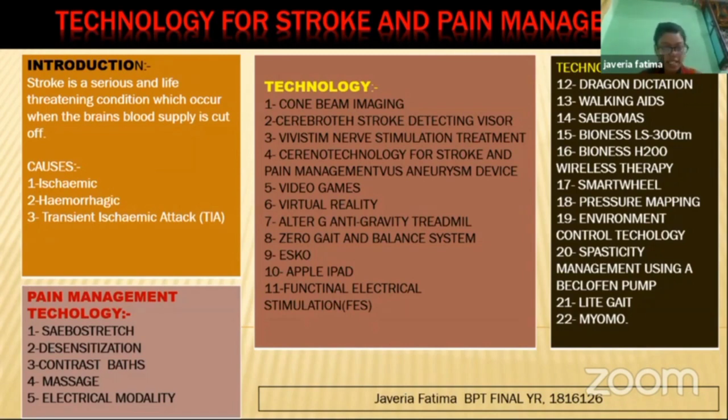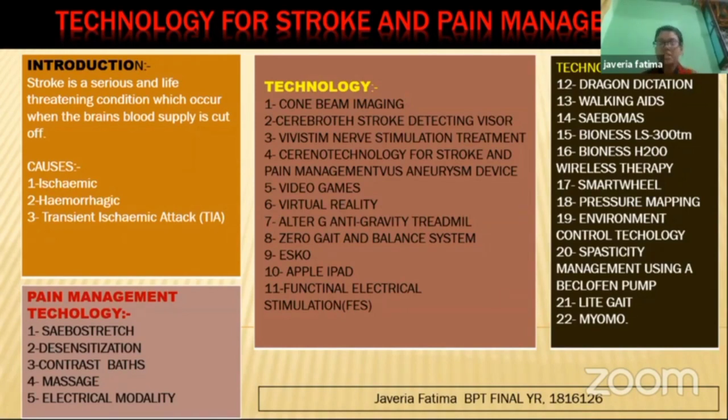Then second is environmental control technology. In this kind, the patient uses a device which helps for grasping anything, for movement of the hand, or any environment-based help for the activity of daily living. Then next is spasticity management,